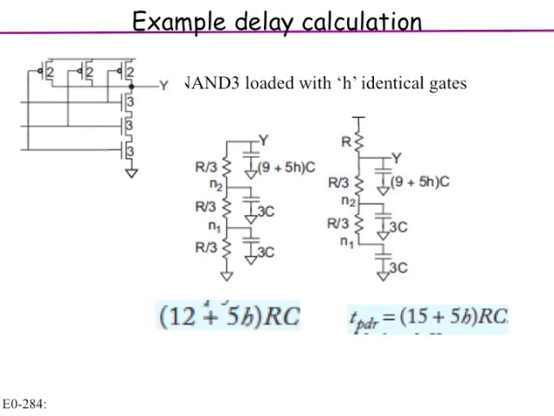Okay, so the question is, what is this H? We are just saying let H be the number of NAND2 gates which are being driven by this gate. The output Y is not shown in the picture, but there are H copies of the same gate on the receive side. This gate is driving those H copies. So the input capacitance of each gate is 3 plus 2, 5C. And since there are H of them, the total capacitance is 5HC at the output Y, plus its own internal parasitic capacitance of 9C.